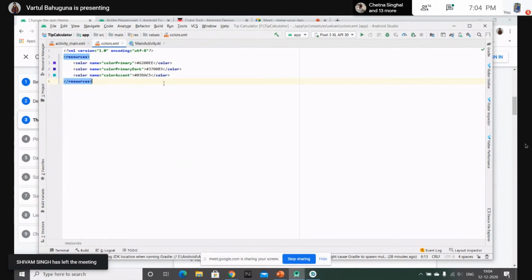Let me tell you that the primary color should be of 500 tint, and the dark color you can set to 700 tint or 900 tint. The dark color should be of a larger tint. And also the primary and the primary dark are the same colors.